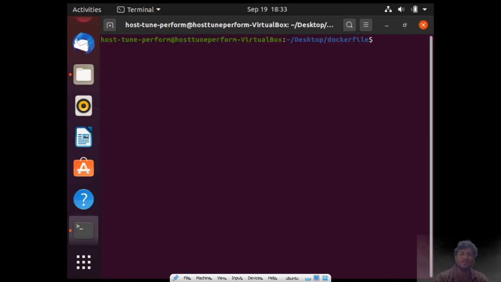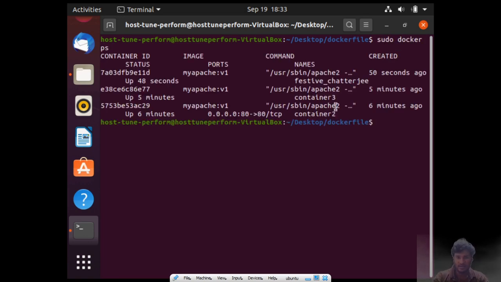And the last one is network host. Now what exactly does host mean? Let me at first stop all the containers. So sudo docker ps, sudo docker stop, copy, paste.